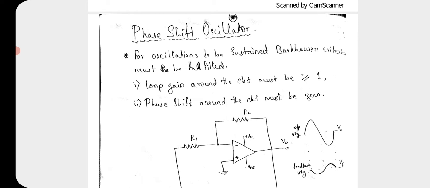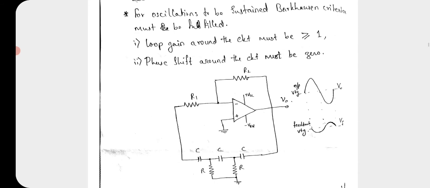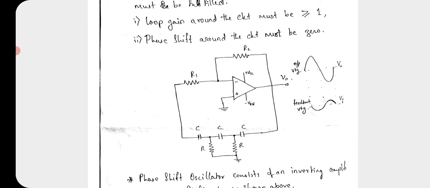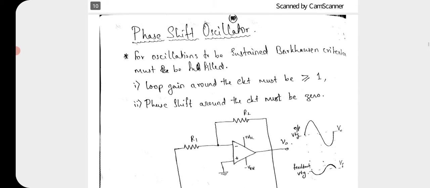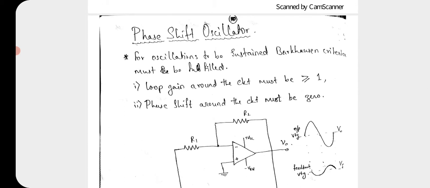So I'll be continuing the same topic, phase shift oscillator. The remaining half portion is pending. So far we have seen the basic version of your phase shift oscillator, isn't it? This was explained to you in the previous class, right? There is one drawback in this circuit. This drawback is overcome in another circuit, which we call a stabilized oscillator. Output amplitude is stabilized. What is that? We'll see.